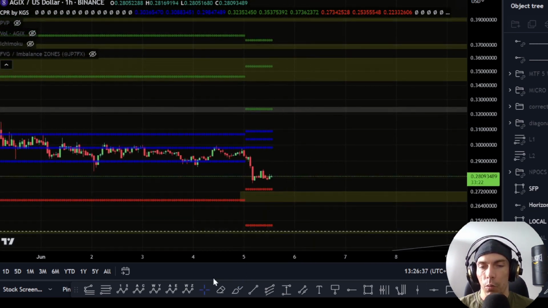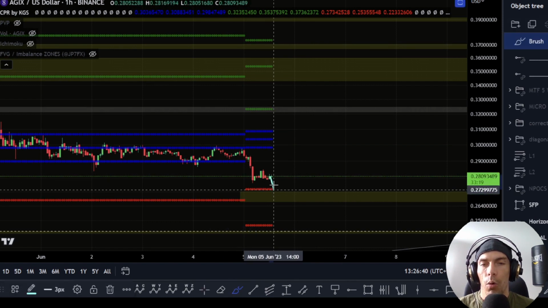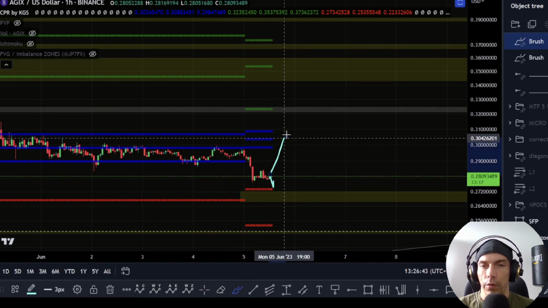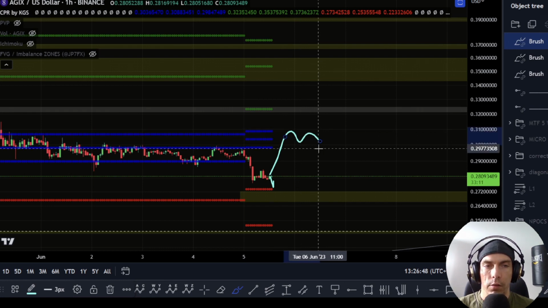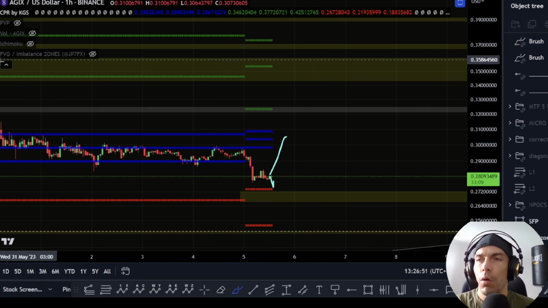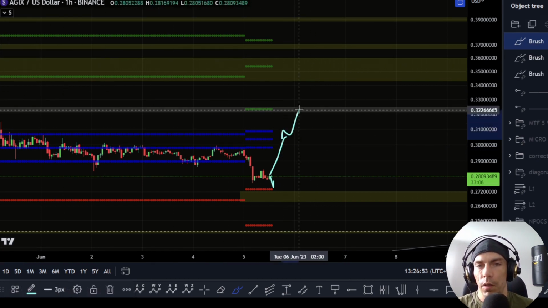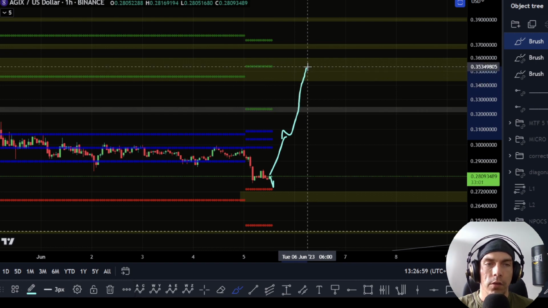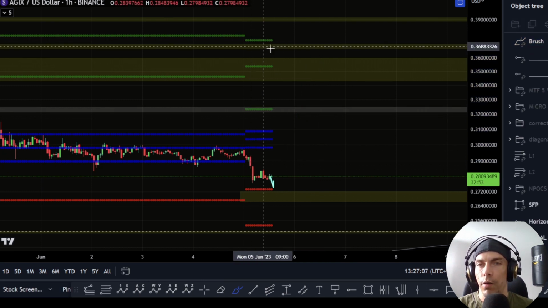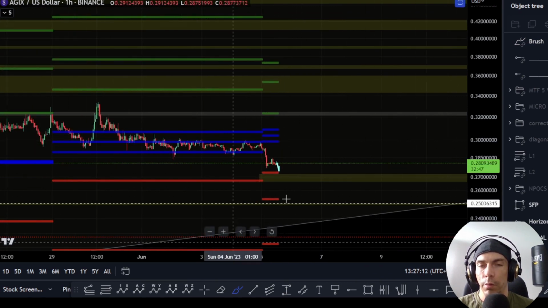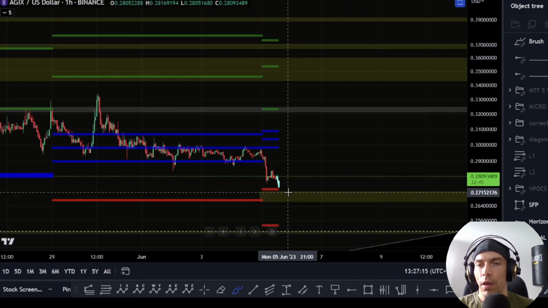Now if price moves down towards this R1 line here, or alternatively just moves directly back up here and starts to break back above these central CPR lines, between this 30.89 to this 27.77, what we could actually see is price move up towards this S1 line of 32.35, or this S2 line of 35.34, or this S3 line of 37.34. So I would be keeping an eye on these as potential pivot points where we could see price get attracted to, and if they do have some confluence with some other areas that we're looking at, we could actually see a